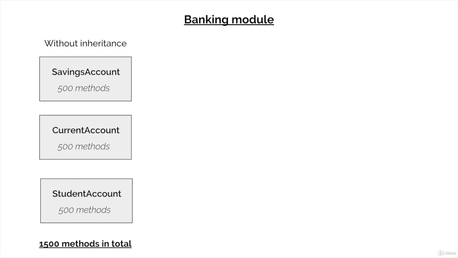Okay, and this makes the code really lengthy. So 1500 methods you have in total in your project. Now let's take a look at how you will build the same module with inheritance. With inheritance, what you can do is, savings, current, and student are nothing but types